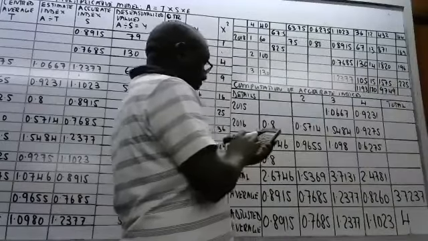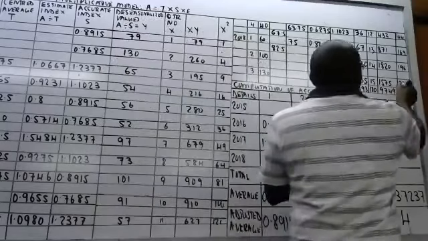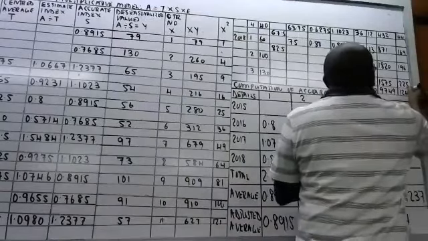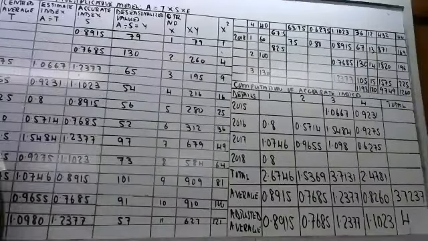And the column of X squared is 1240. So if we are okay,